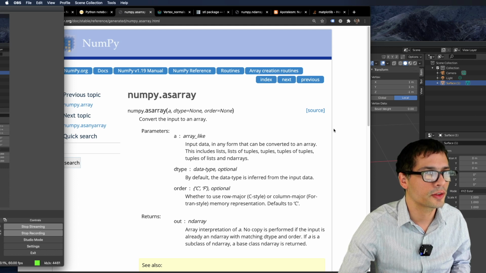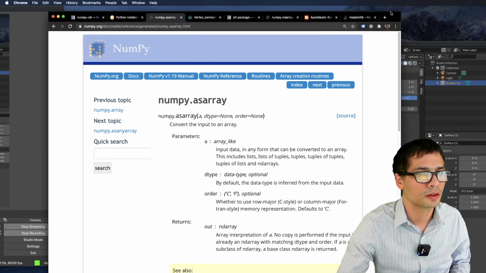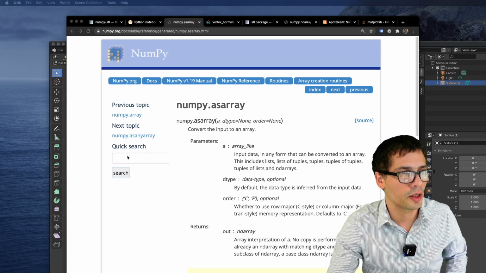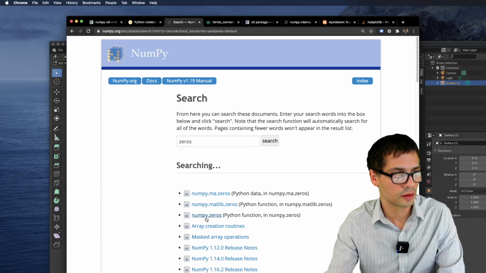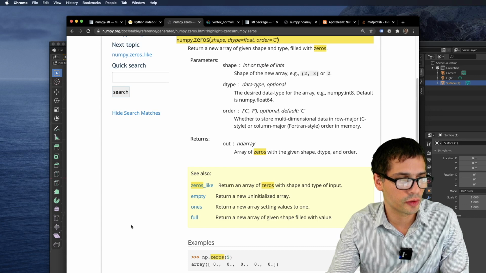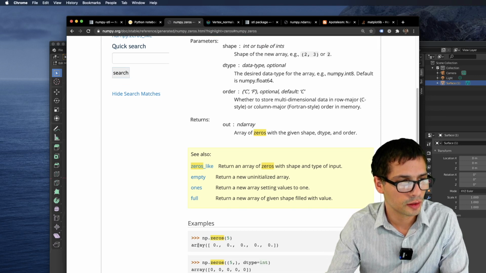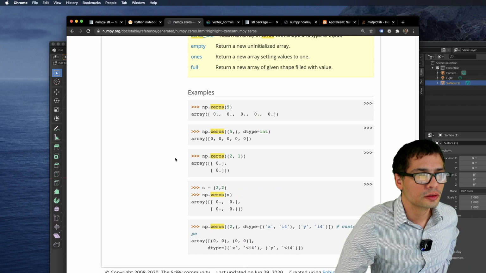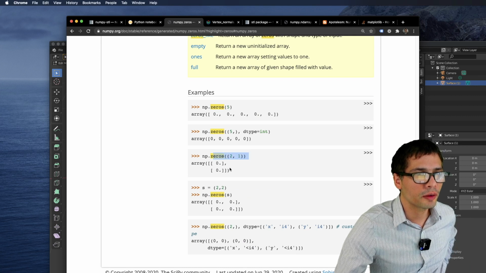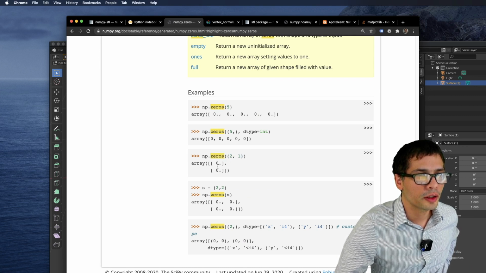So np.zeros is probably going to be our friend here. NumPy.zeros. If I want to create an array with 5 elements, this is the way to do it. It's basically empty, a list of zeros. So you see here we're creating an array with number of rows 2, number of columns 1.